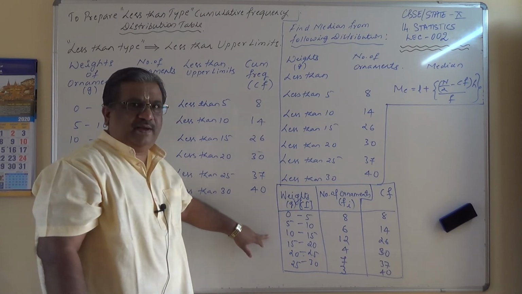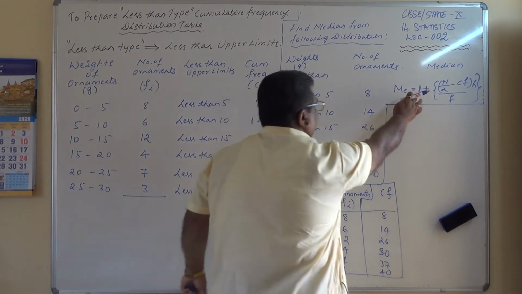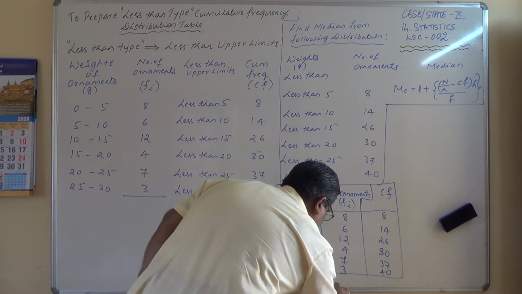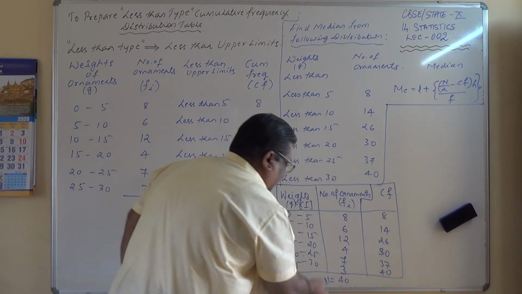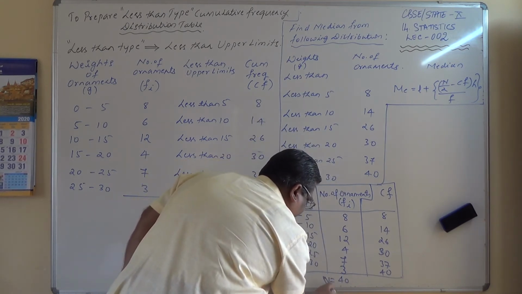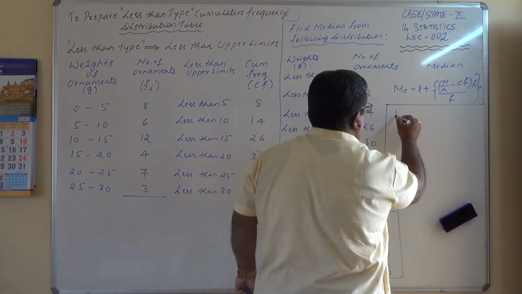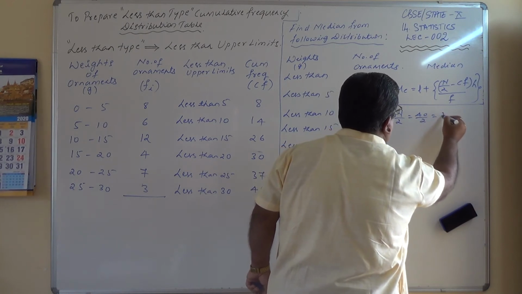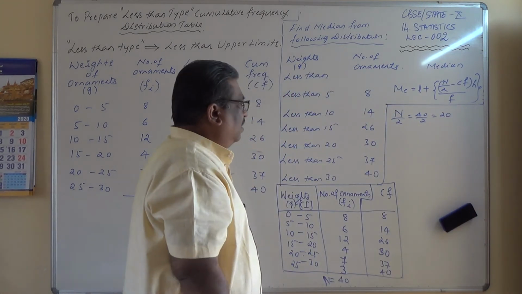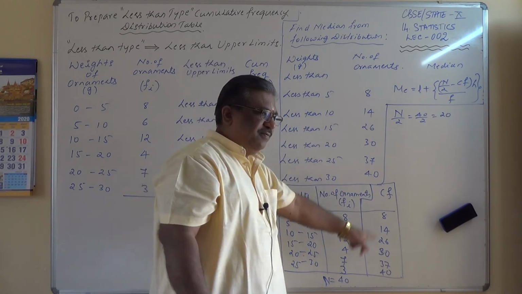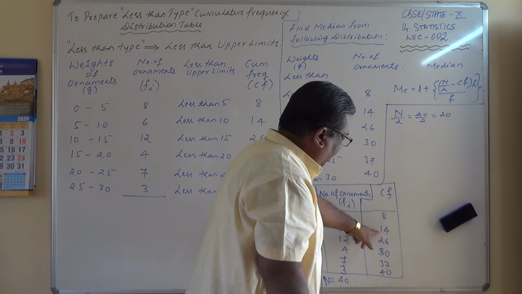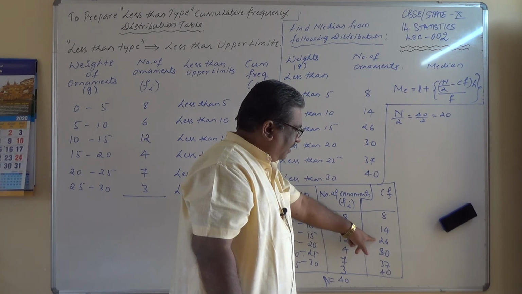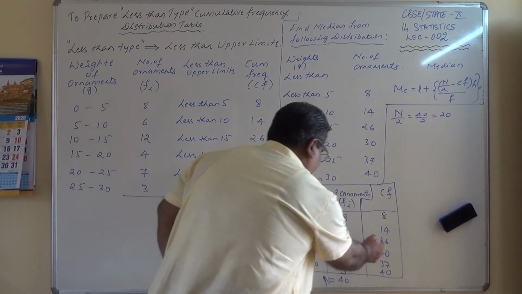From this I'll find out the median. What are the requirements? The median formula is there here. I have to identify the median class, for which I should know n. N equals 40 here, because sigma fi is nothing but n. Next, n by 2, which is 40 by 2, which is equal to 20. Locate 20 in the CF column. Is 20 there? No, 14 is there. So either 20 or just greater than 20. Just greater than 20 is 26 here, and therefore this is the median class.